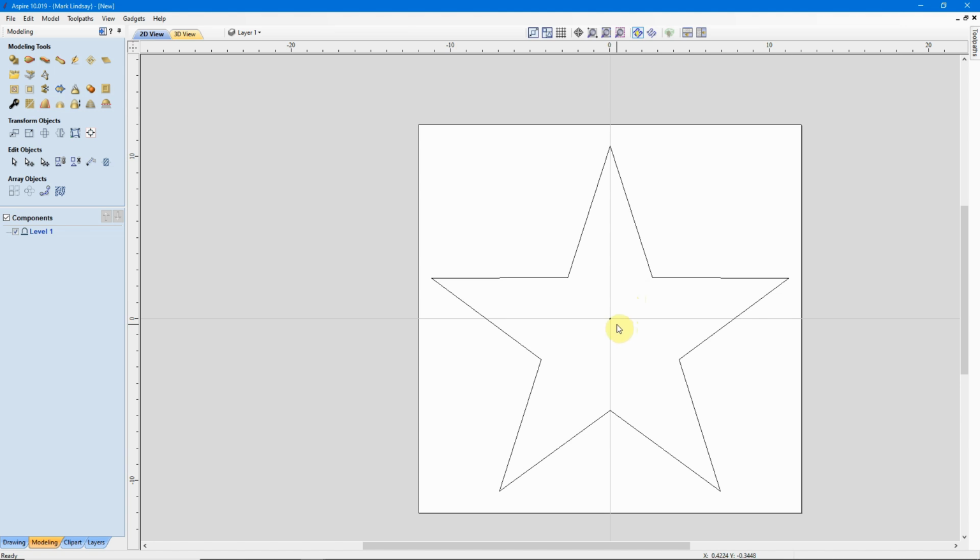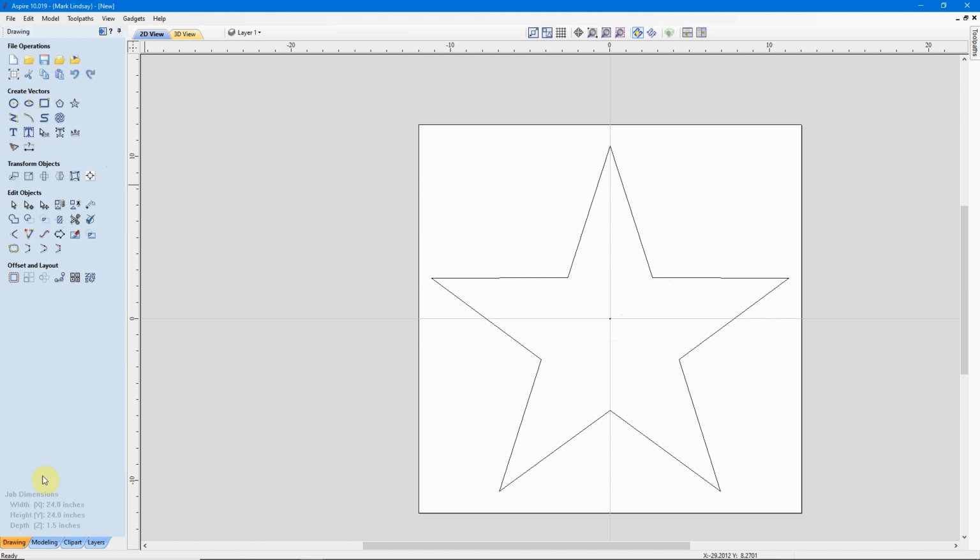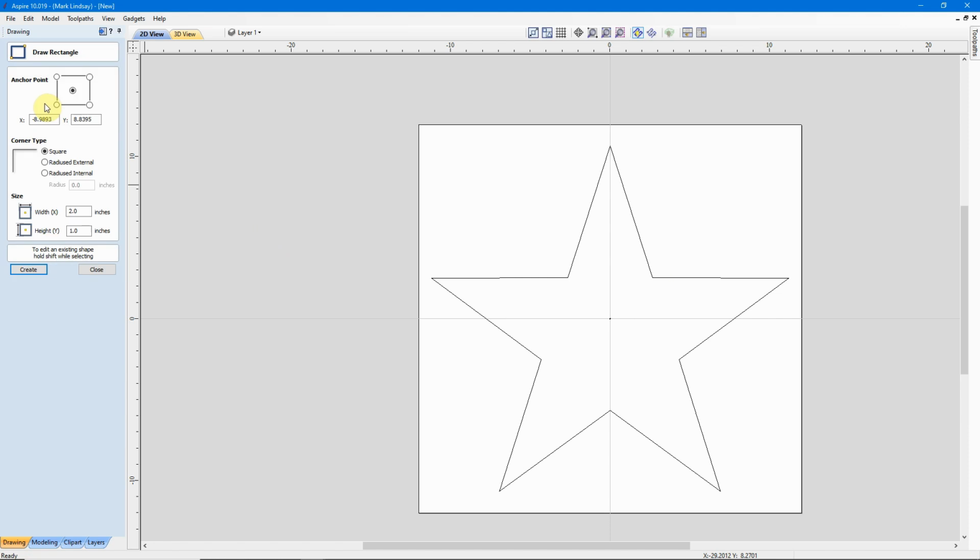To do a 2-rail sweep, what we'll need to do is have a profile for Aspire to sweep between these 2 drive rails. So I'm going to come over here into my Drawing tab. I'm going to draw a rectangle. And I want this star to have some nice thick projection. I want to try to get close to that 1.5 inch thick. So I'm going to draw a rectangle that is